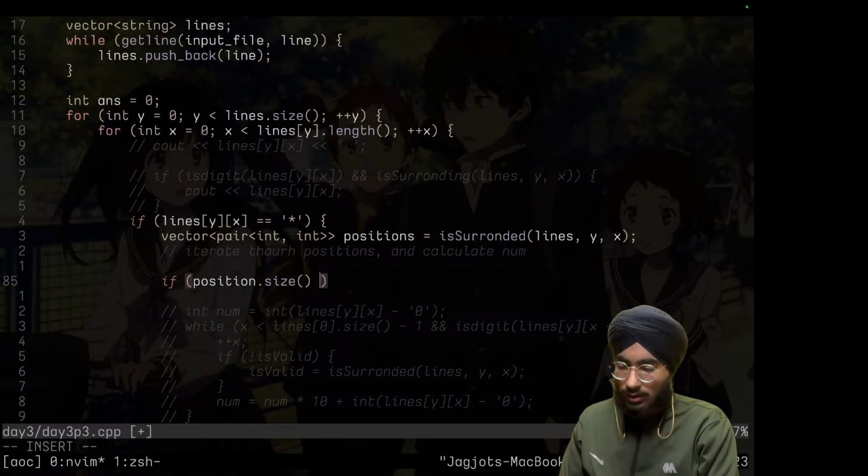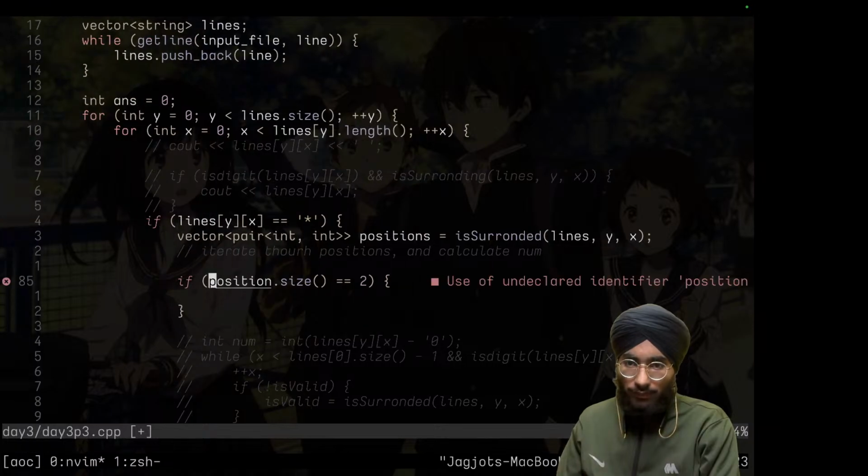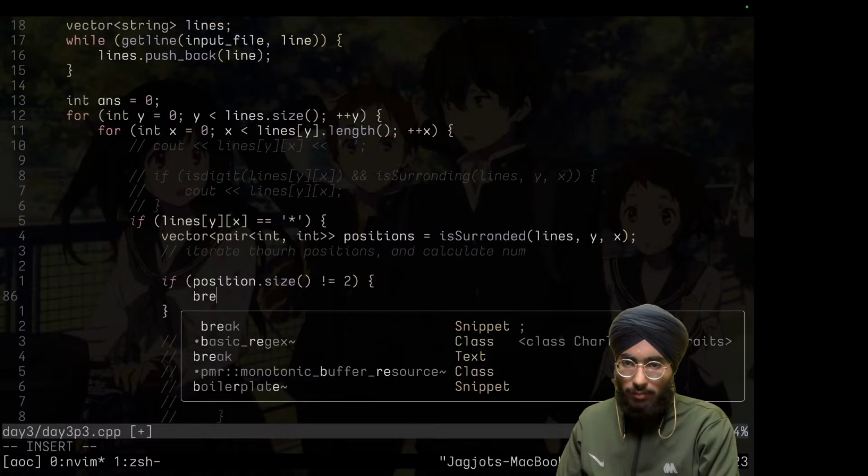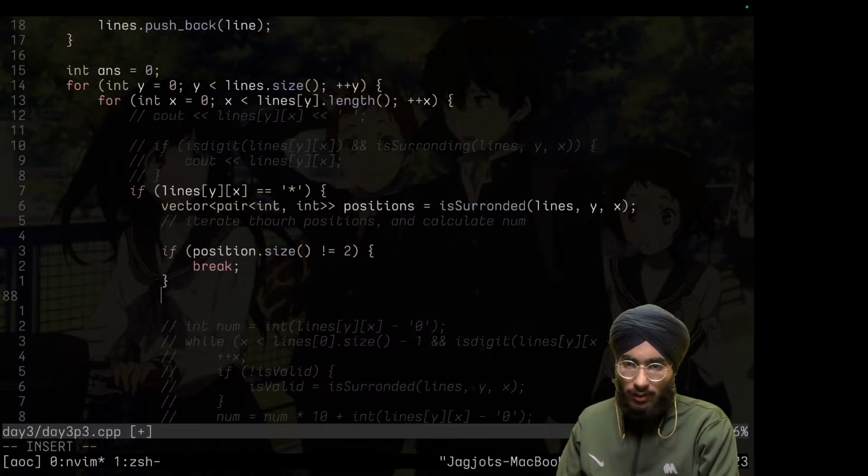Then the size equals 2, is not equal to 2, then break, else